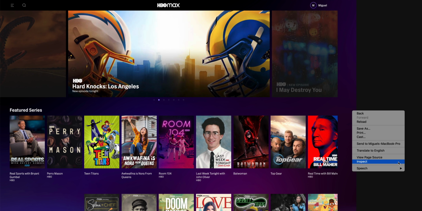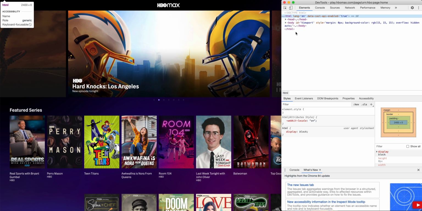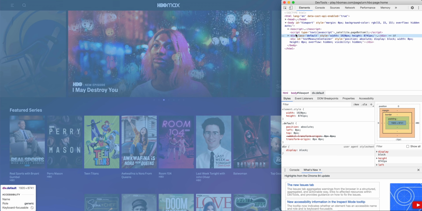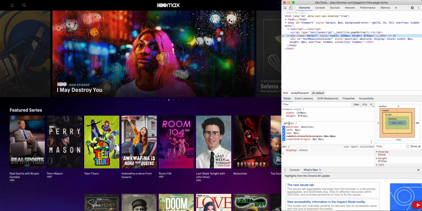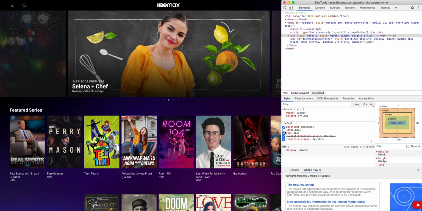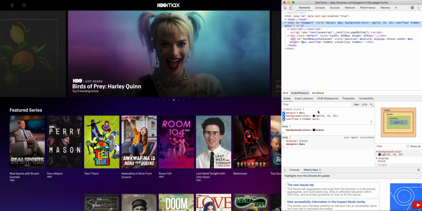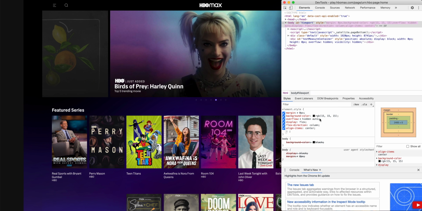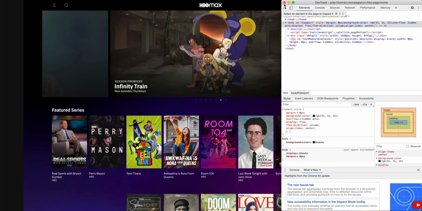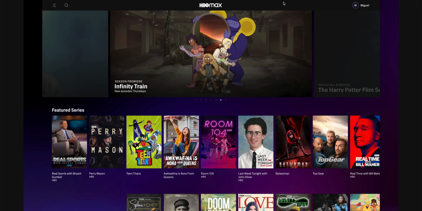Let's right-click, inspect, and we'll do just two things. One, we'll navigate to the div that's chunked to the left, then turn off the left positioning. No discernible effect yet. And two, since we know we have to set flex on the body, let's select the body, go into our styles, and just paste. And that's it. HBO Max fixed, but we didn't stop there.